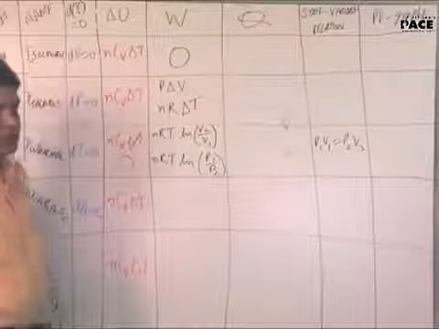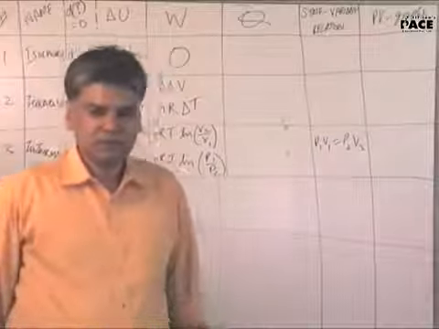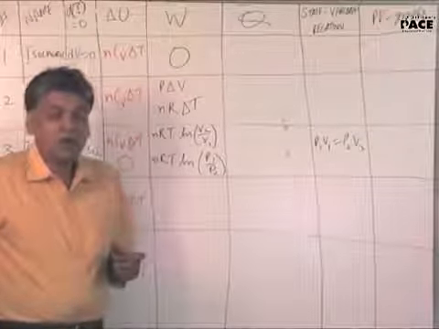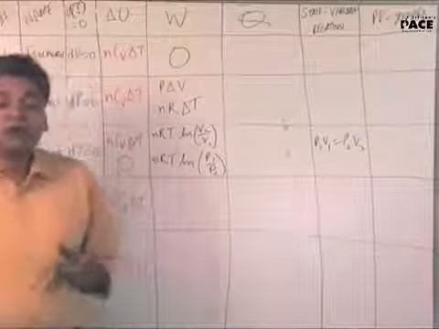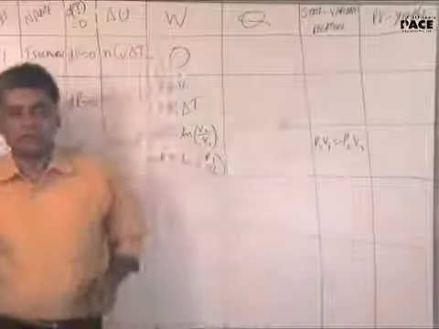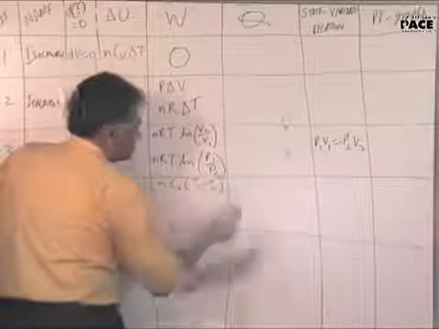Adiabatic, we had derived 3 formulae. I want the 3 formulae. Adiabatic process. Can you recollect? P1 V1 minus P2 V2 upon gamma minus 1. No, can you start from the beginning in the processes, say it the way you derived it. That way you will recollect the whole thing. What was the first one? nCV (T1 minus T2). Yeah, that's right. nCV (T1 minus T2). And mentally you can replace CV by R by gamma minus 1. Next one.